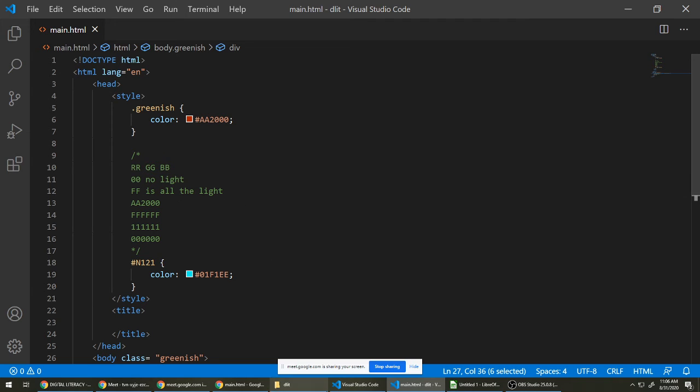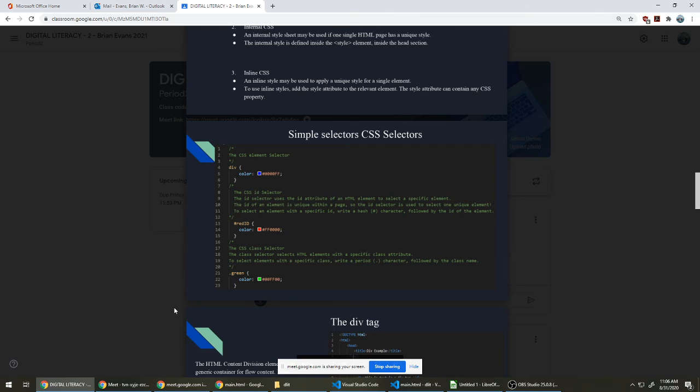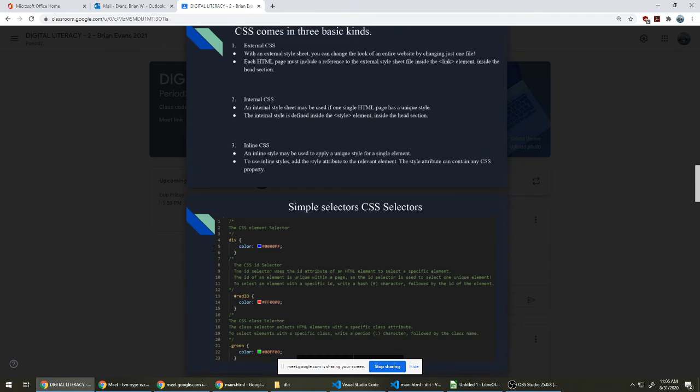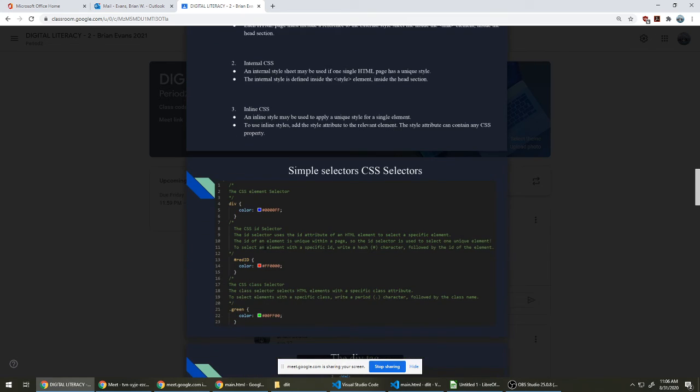So another kind is what's called external CSS. With external CSS, you go ahead and make a CSS file. External means there's going to be literally an external file. And we're going to use the link tag to go ahead and